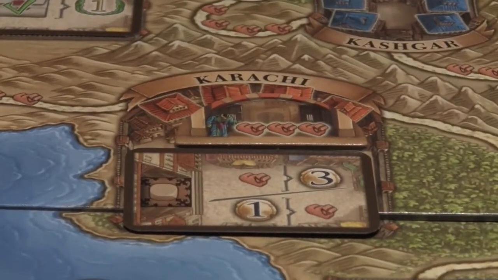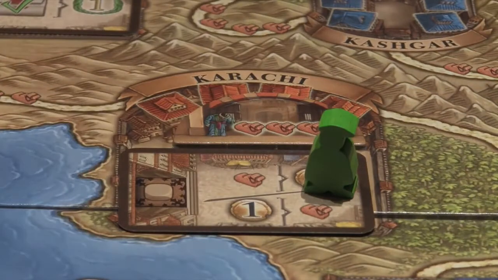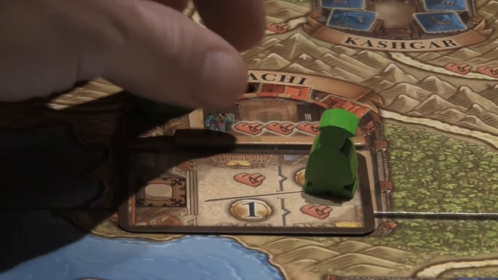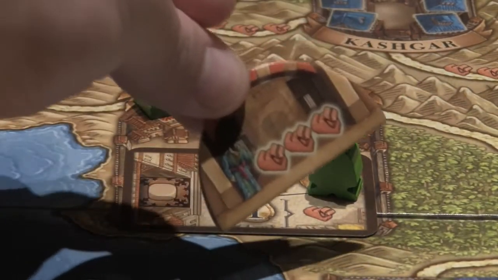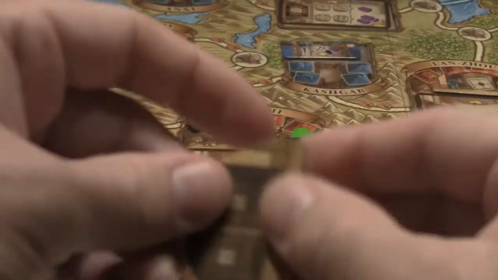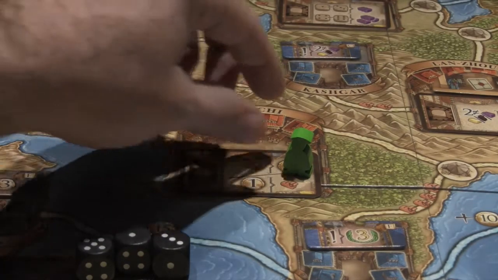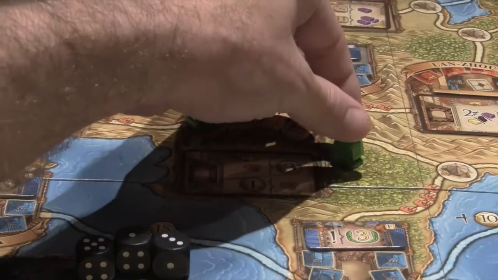Now, if I were to end my turn in a large city, let's take a look at Karachi here, I would put an outpost here, and if I'm the first one to do it, I get to take this bonus token. This is mine. It goes away, it leaves the game, but not until I collect my bonus of 3 camels. So I'd collect my 3 camels, I'd put my little outpost there, and the other thing that does